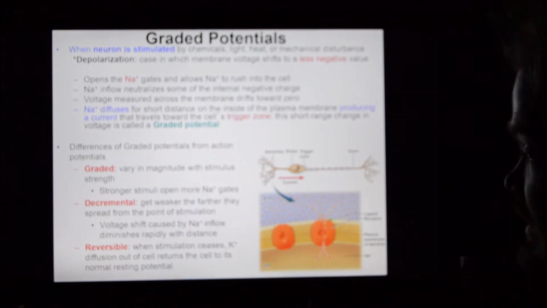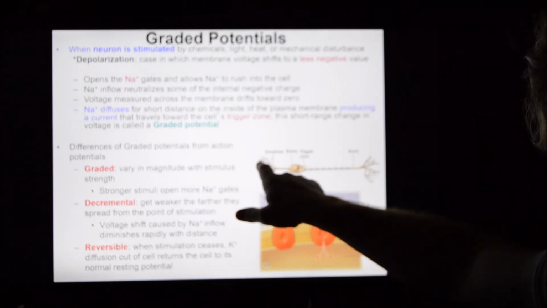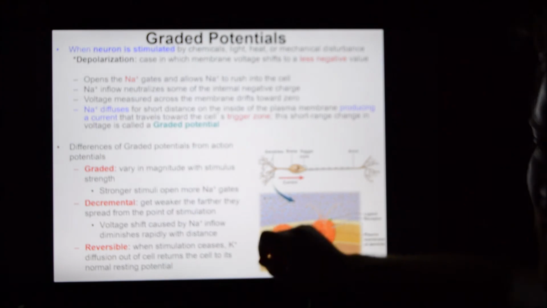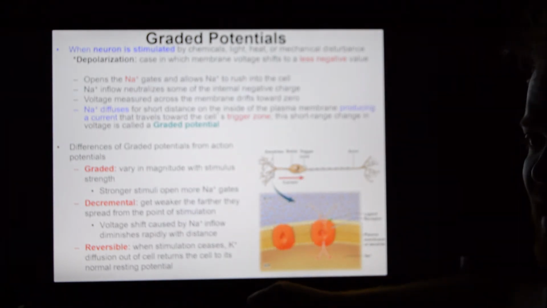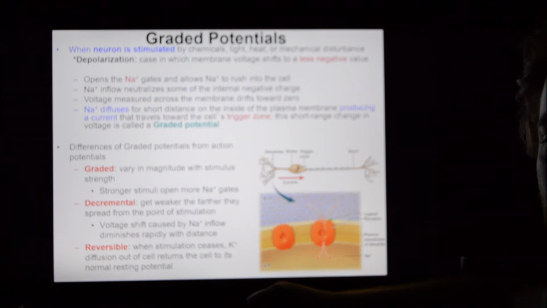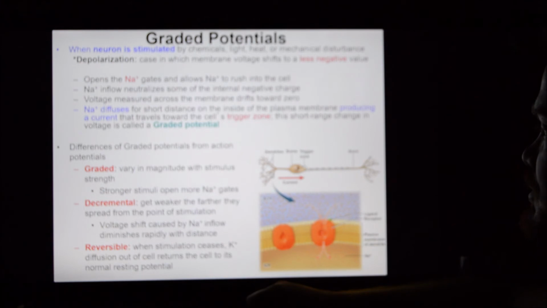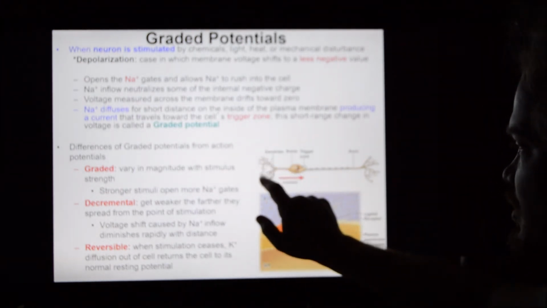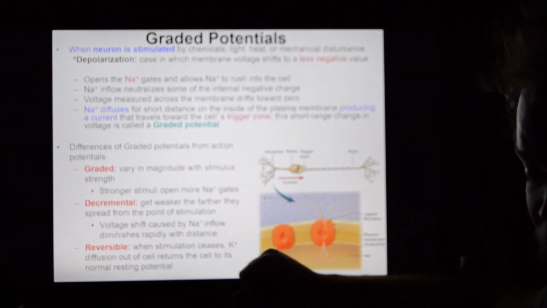Or alternatively, you could have a weak graded potential signal from the same place, and a weak graded potential is going to get weaker and weaker and die out prior to reaching the trigger zone. So key point, not every graded potential results in an action potential. The idea is if you can stimulate that dendrite strong enough to get the stimulus all the way down to the trigger zone, then the trigger zone will trigger an action potential.